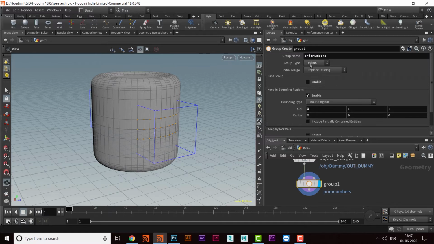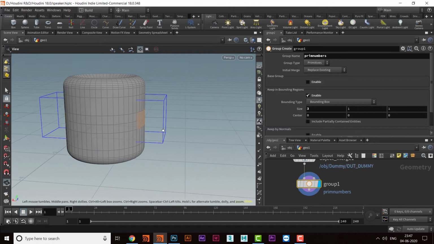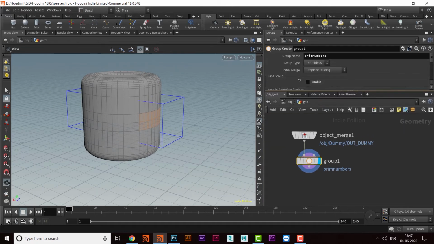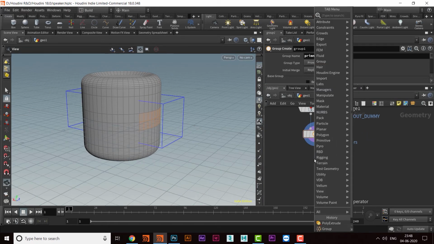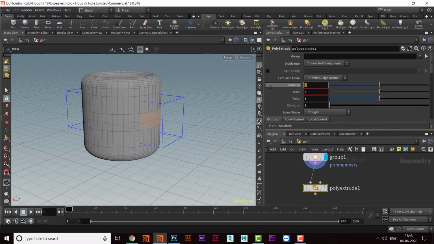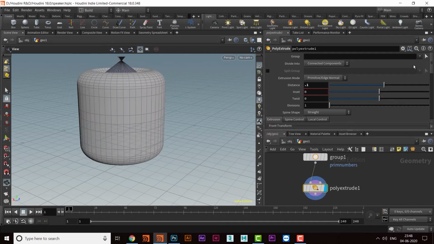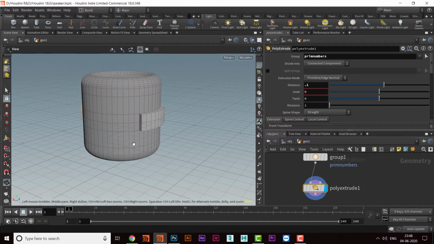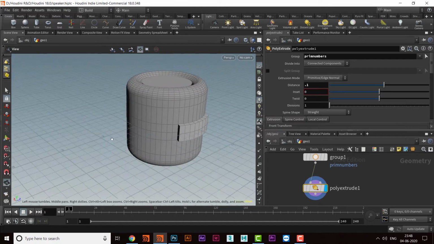So I will go up, and then I will change it to primitives, and then primitives are selected. Then I can come there and take the poly extrude, and then I will apply that value. So connect this thing, and then we'll come out, and then we'll press 0.1, and then we'll take this one, that was group one, prim numbers again, and then bingo, you can see that.